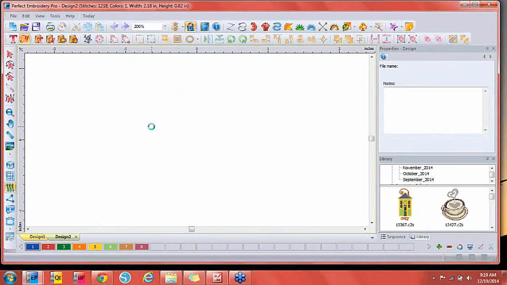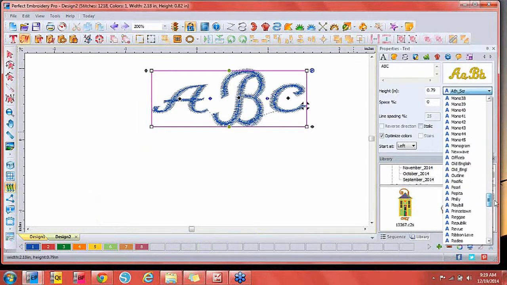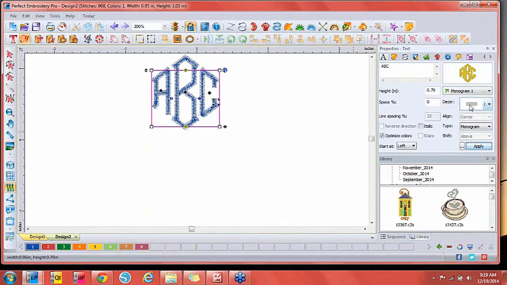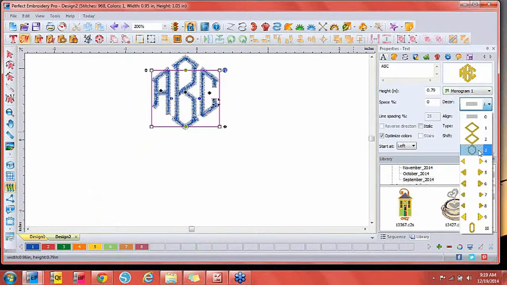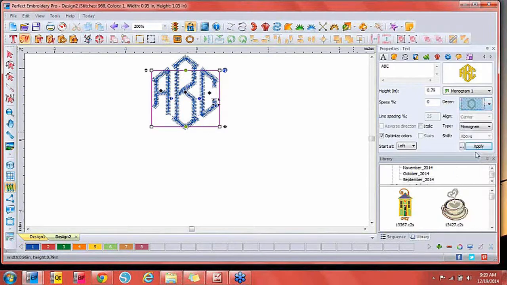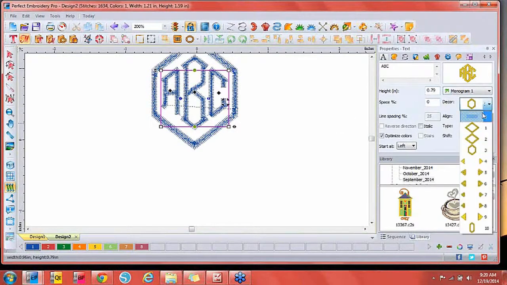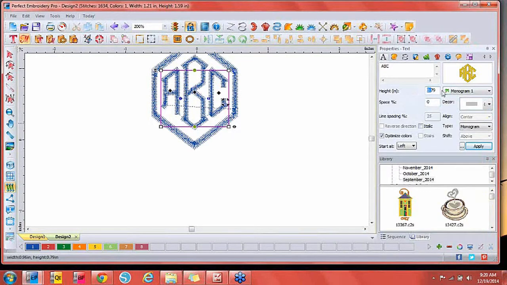So I want to add a monogram, and notice I'm in a regular font, but if I want to go to one of our monogram fonts, I scroll down and I find the one that I want. I really like this monogram one, and I'll apply that on my screen, and now I have all of these built-in frames and things that we can add to our design, and it fits perfectly around the monogram. Isn't that cool? Now, I don't know about you guys, but I love monograms that are much bigger. So let's remove the frame because we'll add one manually, and I'm just going to make this, say, 2.5 inches